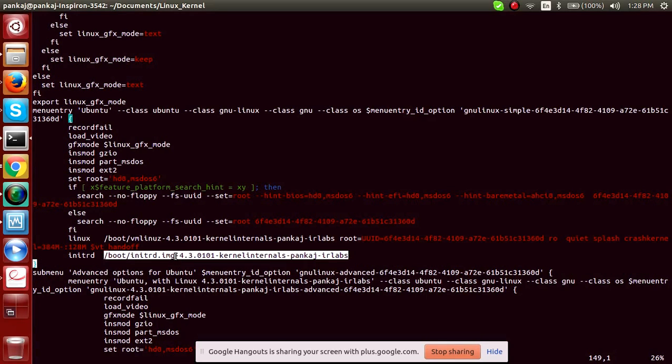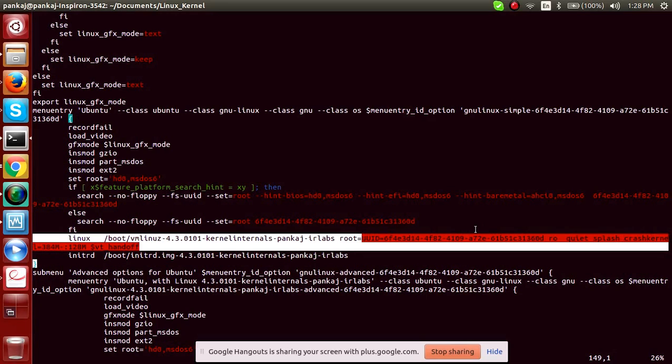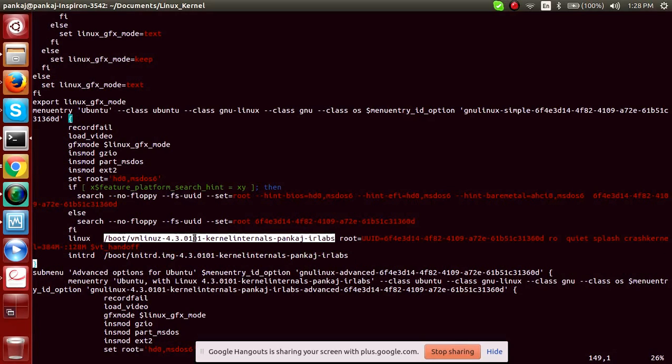Initrd is the initial RAM disk, with a pseudo root and root file system that it loads. Then it actually starts mounting and loading the kernel. So it will get the device ID from here, and start loading this kernel into memory. Once it actually loads the root file system, it removes itself and gives the pivot to the actual root of the device, and then it starts loading the kernel from there.